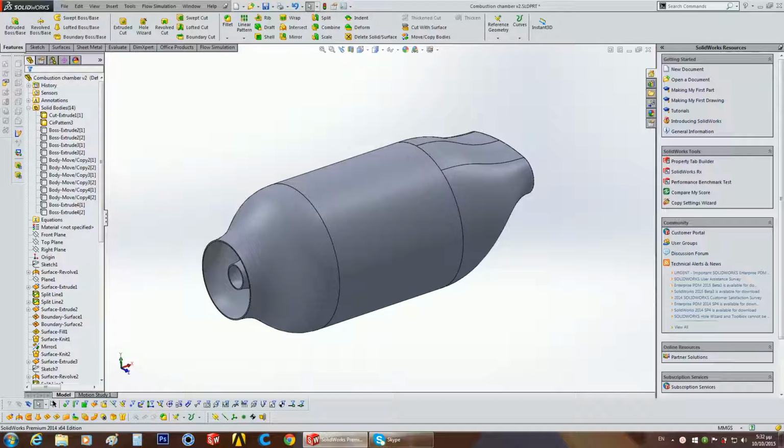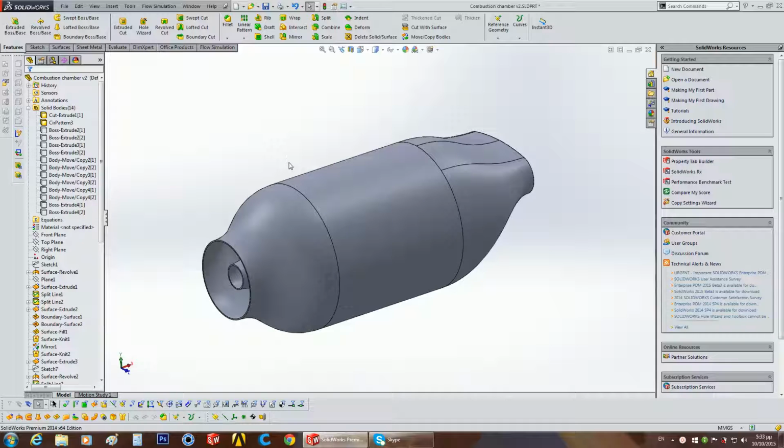Hello YouTubers, in this video I want to show you how you can measure splitting flow rates in a combustion chamber in SolidWorks. Of course, anyone knows how to measure flow rates in the input and in the output, in the inlet and in the outlet of a closed volume, but how can you measure flow rates in various intersections?